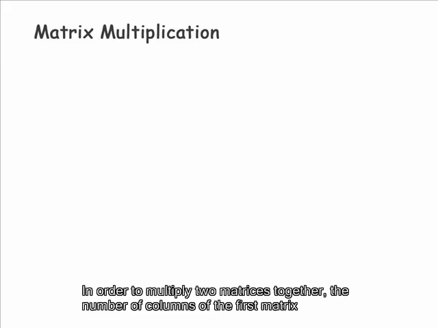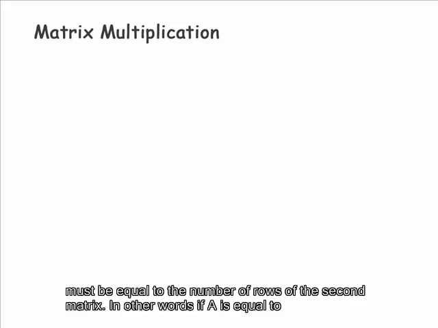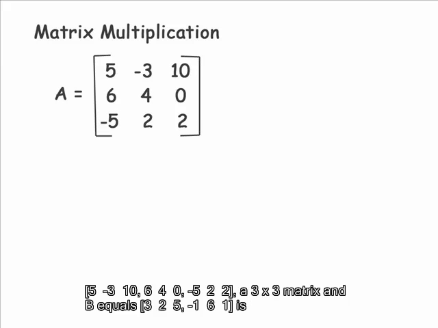In order to multiply two matrices together, the number of columns of the first matrix must be equal to the number of rows of the second matrix. In other words, if A is equal to row 1: 5, -3, 10; row 2: 6, 4, 0; row 3: -5, 2, 2, a 3 by 3 matrix, and B equals row 1: 3, 2, 5; row 2: -1, 6,